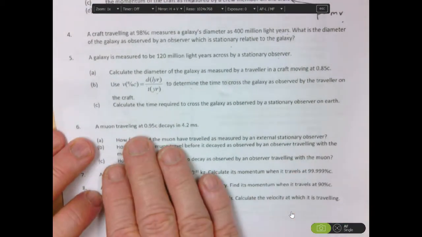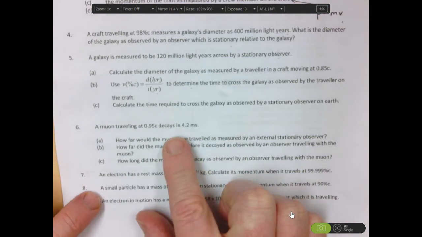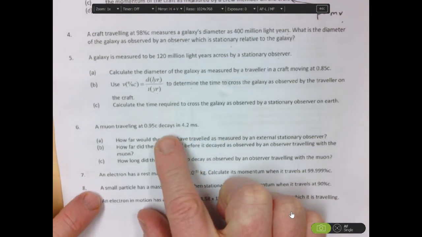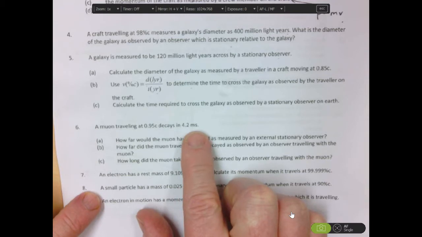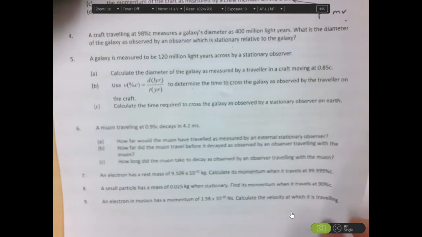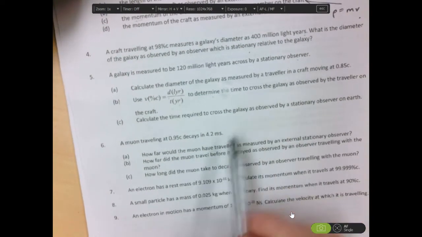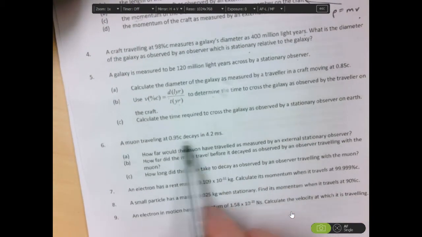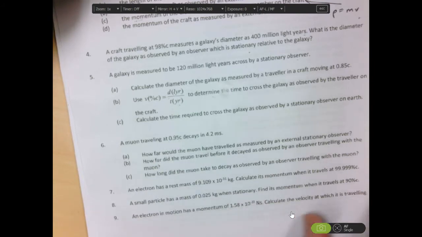A muon is travelling at 0.95 c, which is 95% the speed of light, and decays in 4.2 milliseconds. So let's answer the question. How far would the muon have travelled as measured by an external stationary observer? So this is the time that we observe it to be decaying, and it's travelling at that. So we're simply going to use,